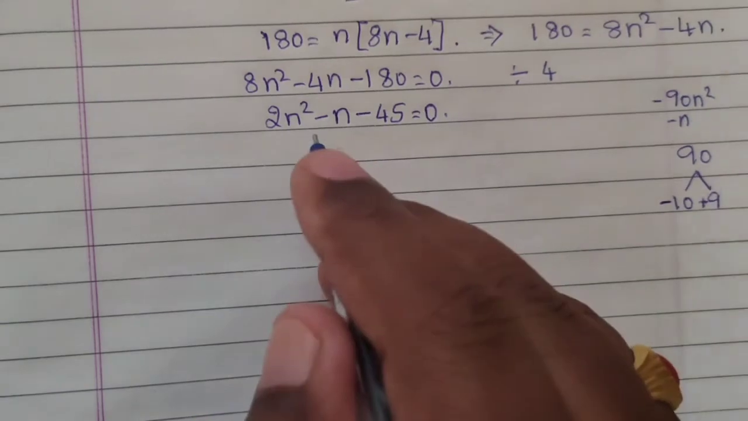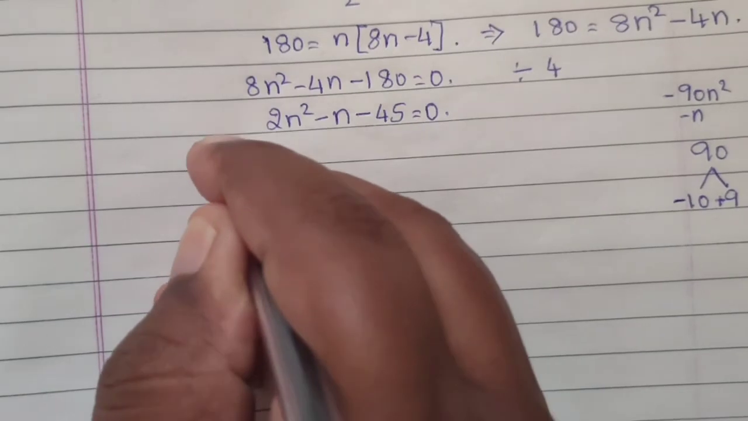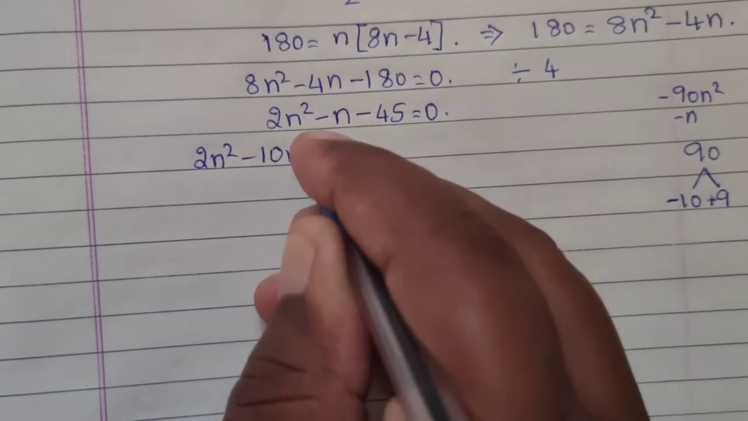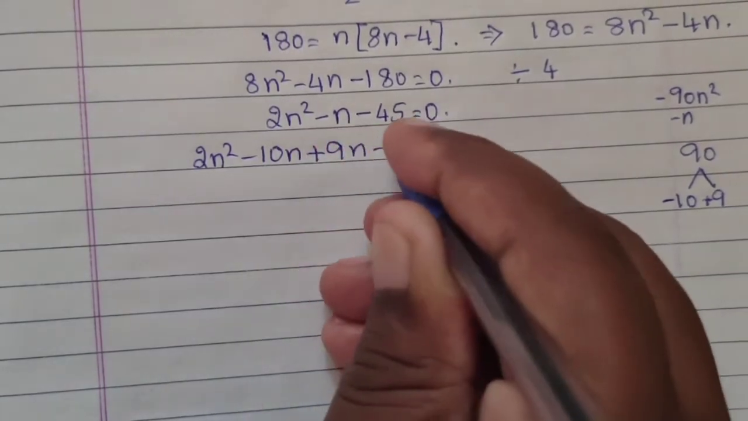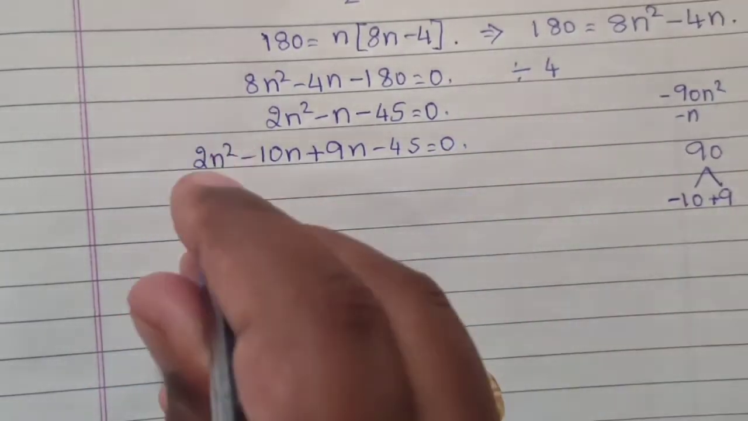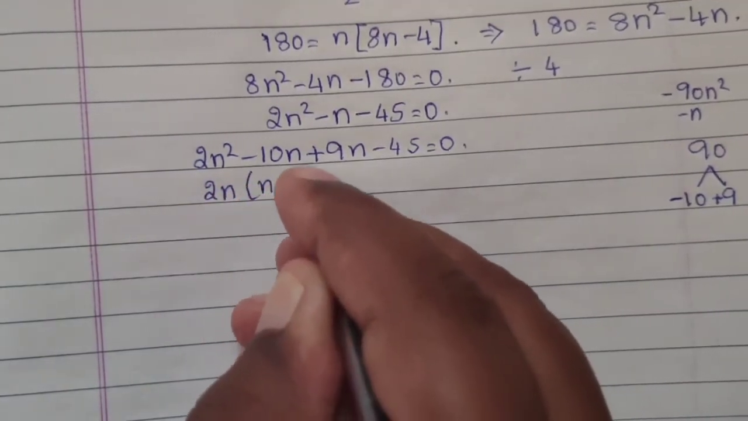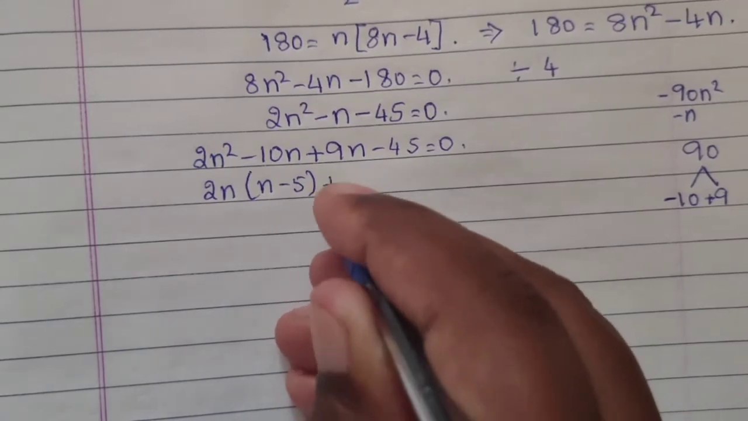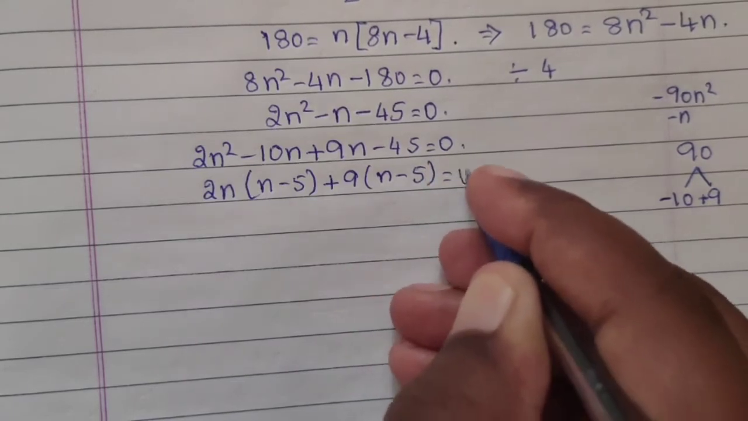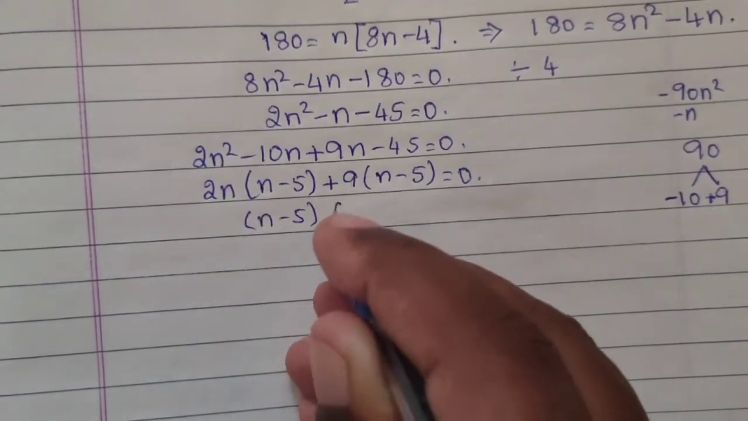Now let us shift this value to this quadratic equation, that is 2n square minus 10n plus 9n minus 45 equals 0. Here the common is 2n, the remaining is n minus 5. Here plus 9 is common and the remaining number is n minus 5. Here n minus 5 and 2n plus 9